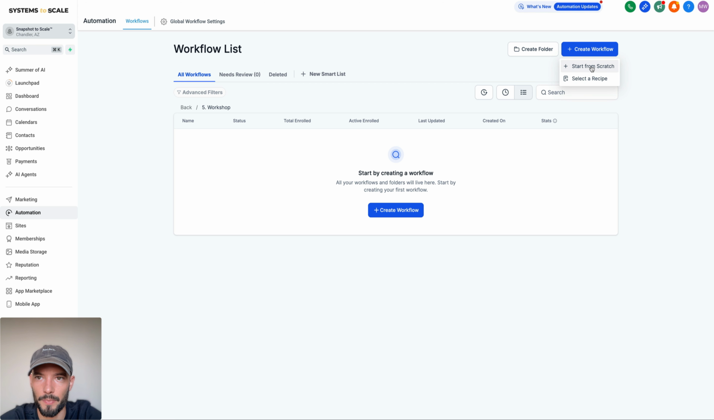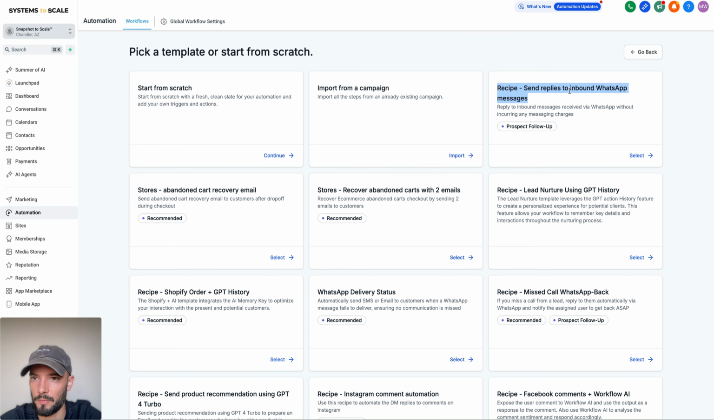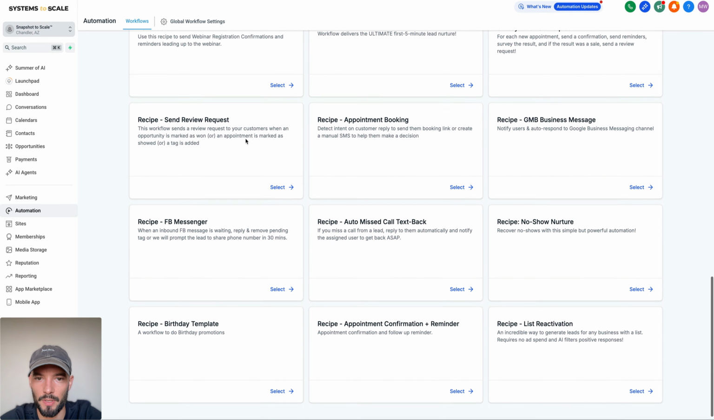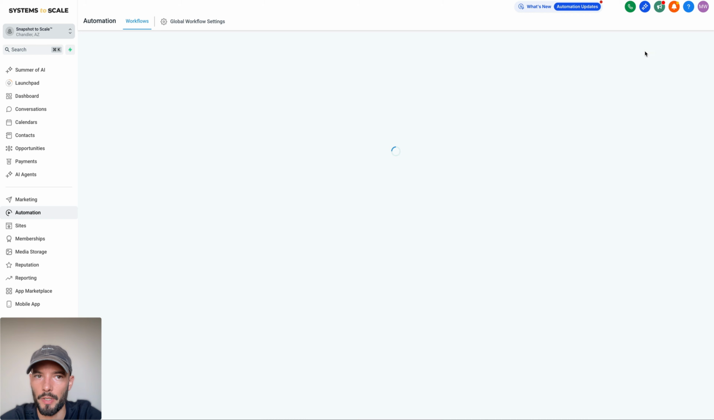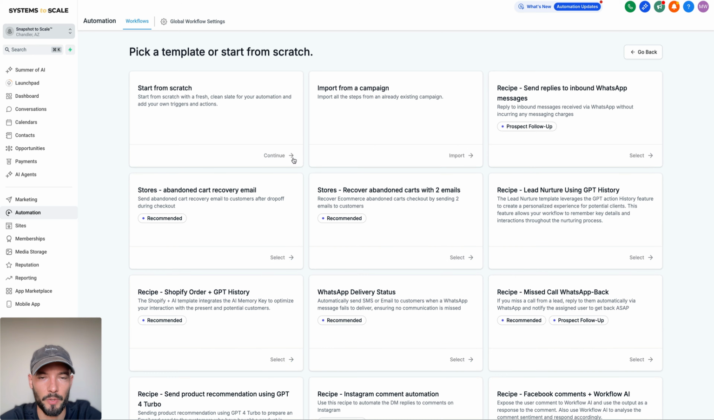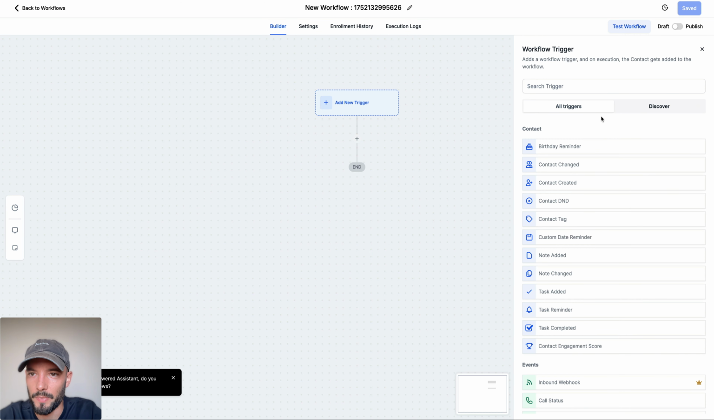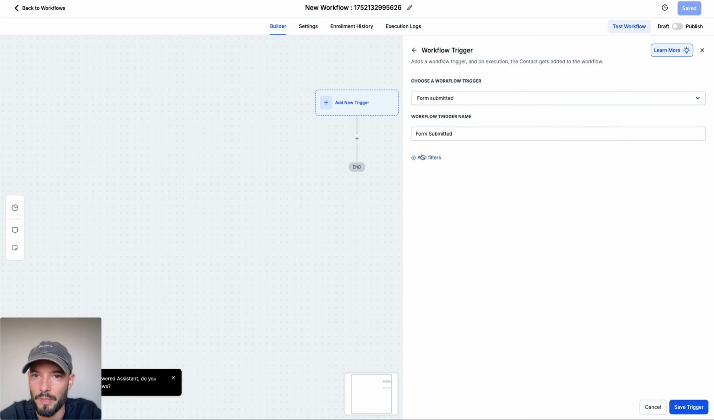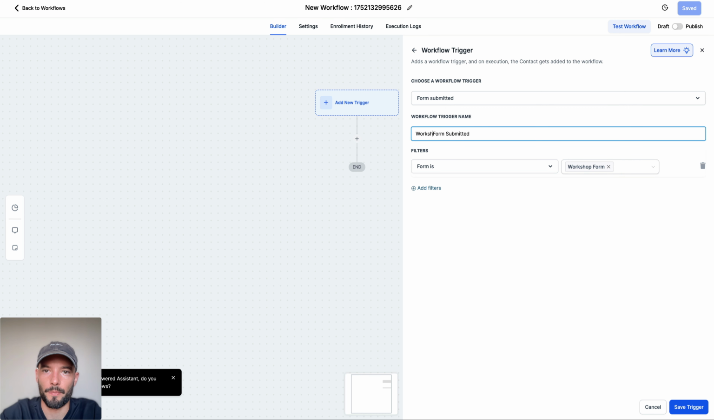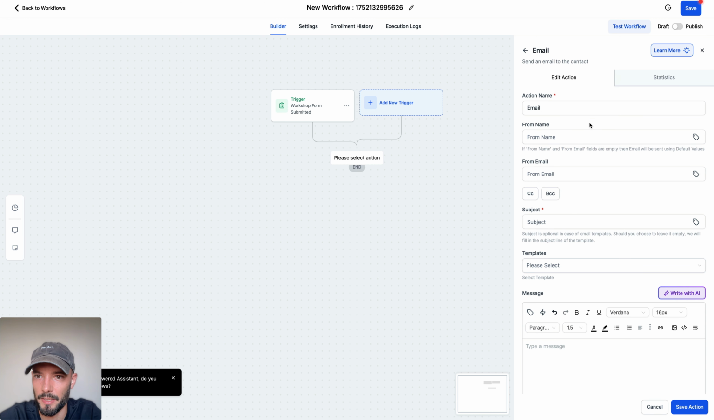We can select a recipe, but let me show you the recipe. So import from a campaign, replies to inbound WhatsApp. What we would want for this is just get people back to the checkout page. So we can start from scratch and we can say when someone, so the trigger is going to be a form submission, and the form is the workshop form. So workshop form submitted. We immediately send an email telling people